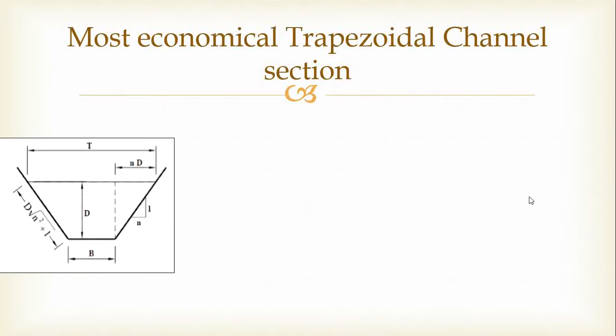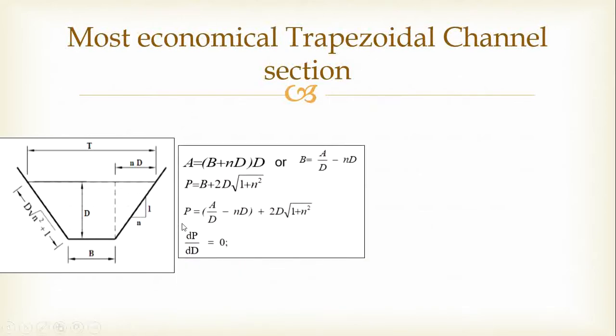Just go through this. This is the trapezoidal channel section. The length of one sloping side, I can write it as d into square root of n square plus 1. In this diagram, I mentioned the side slope as 1:n. So area, I can write it as (b plus nd) into d. You just calculate this area: one rectangle and two triangles. You get it as (b plus nd) into d.